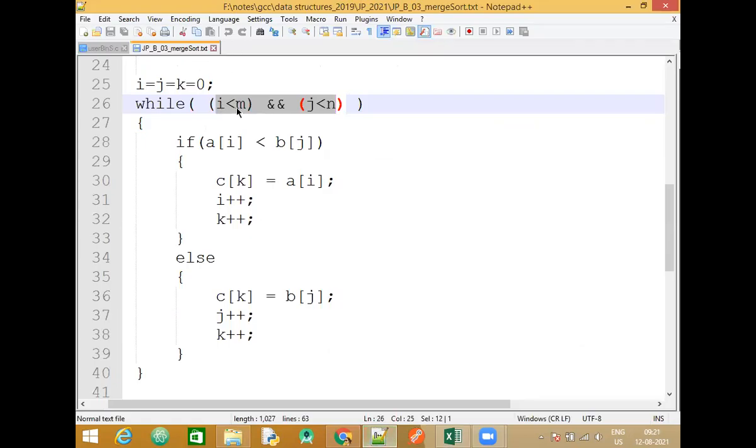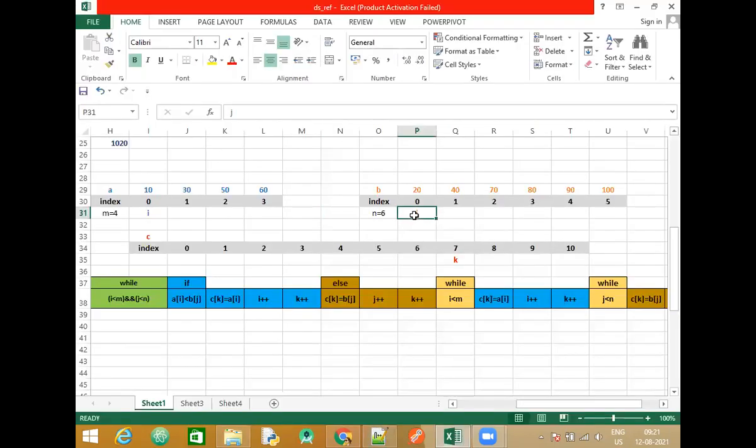So that is the condition we are checking here in the while loop. I has to be less than m. Similarly, variable j has to be less than n. Less than n means within the size of the array. n is the size of the array. Are you getting this? What is the while loop? I'll tell you once again. m and n denote the size of the array.